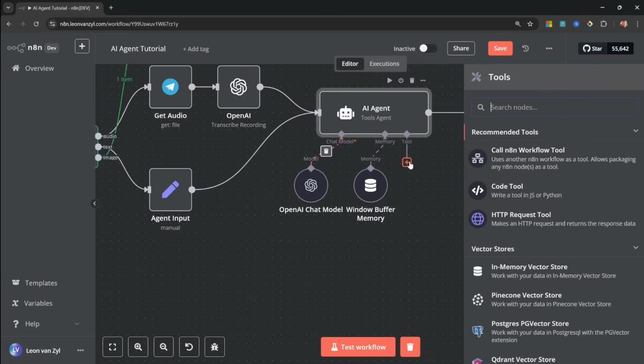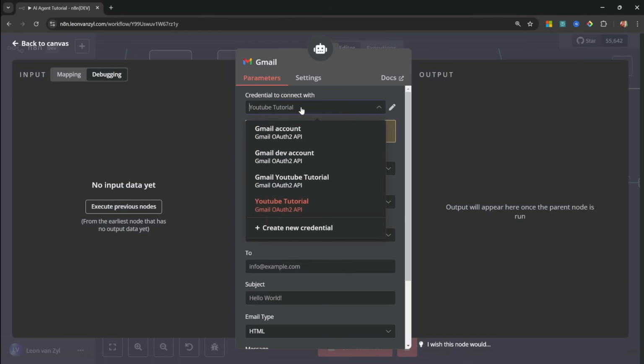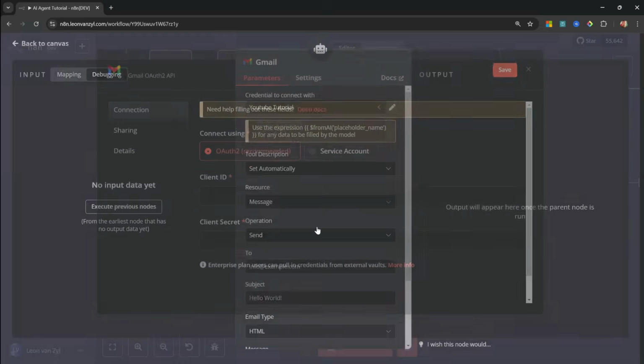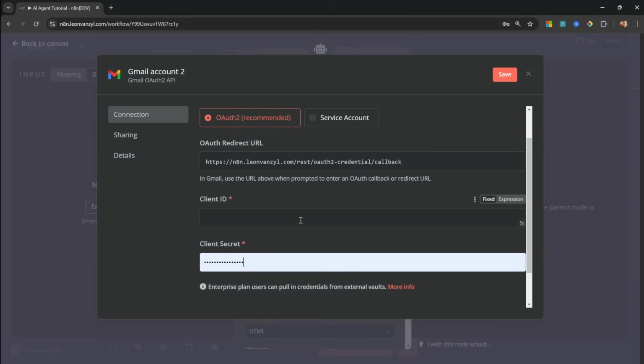Let's click on Tools, then within Tools, let's search for Gmail. Under Credentials, let's click on Create New Credential. If you're using the n8n cloud service, I believe you don't have to specify the client ID and client secret. You should see a button asking you to authenticate with Google. But if you are seeing this client ID and secret like I am, then this is what you need to